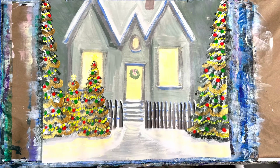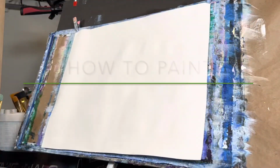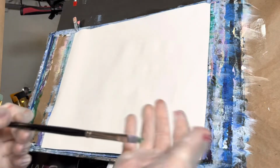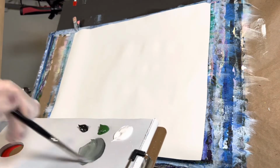Today I decided to paint this nice little festive painting of a house with some Christmas trees, and it's supposed to be a faded out house with some Christmas trees in the foreground. So to begin off with, I used titanium white, sap green, and some Mars black, and I'm using a size 6 filbert brush. So go ahead and get your brush wet and tap off the drips and mix up some